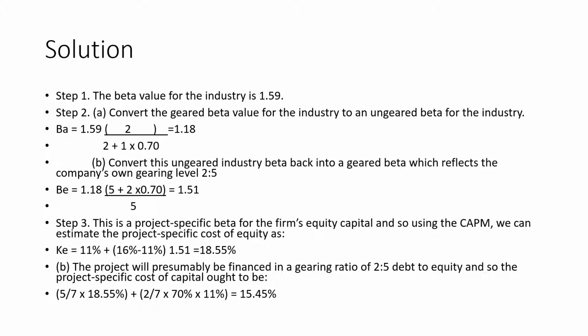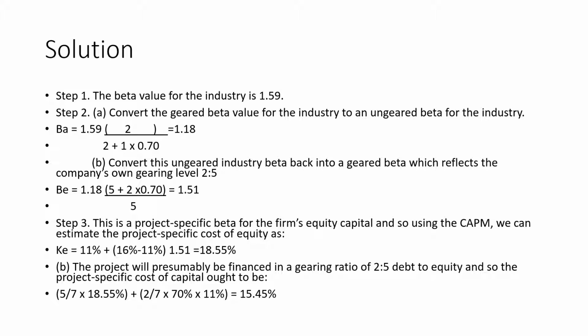So we're going to use the geared beta formula. So BE equals 1.18, open bracket, value of equity in the company is 5 plus value of debt in the company 2 less tax, divide value of equity in the company is 5, equals 1.51. Step 3. This is the project-specific beta for the firm's equity capital,